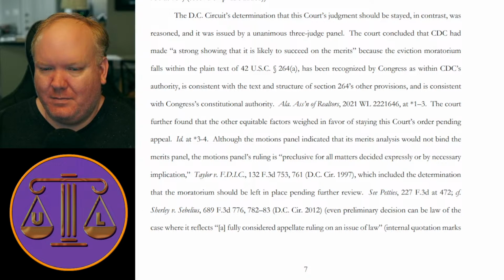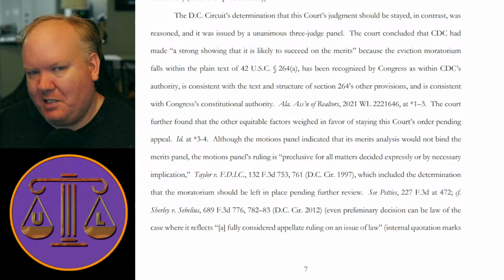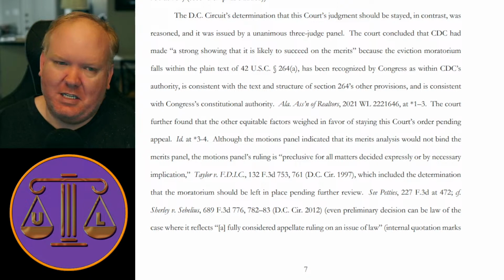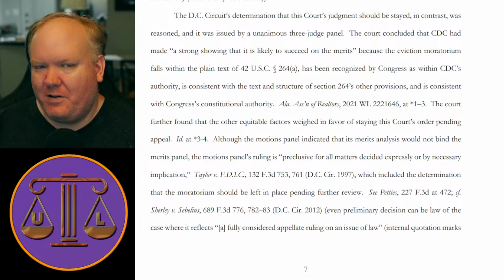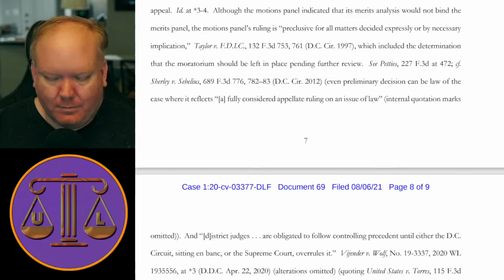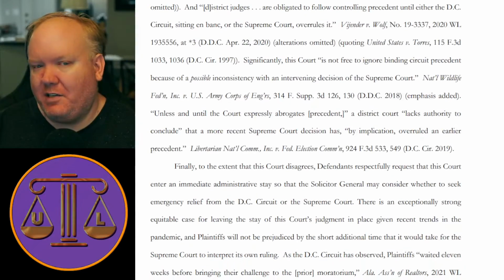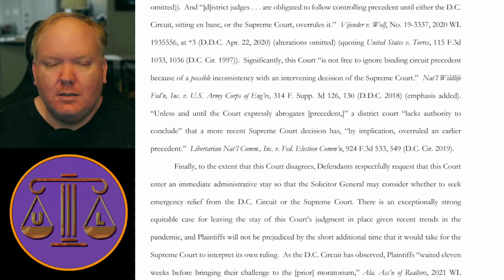But I'll defy the DC Court of Appeals. I'll take my chances. The worst thing they can do is overrule me. So what do I care? The Supreme Court's going to affirm me, so it's fine. And then I'll get to laugh in the DC Court of Appeals' face, which is pretty hilarious.